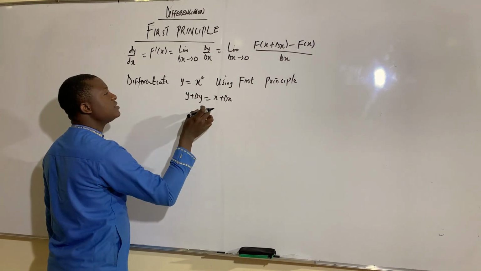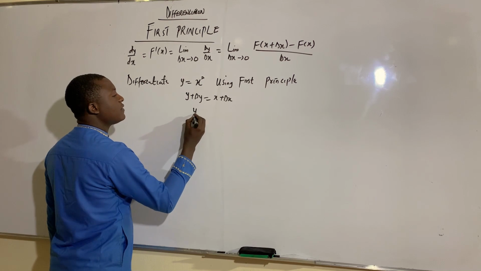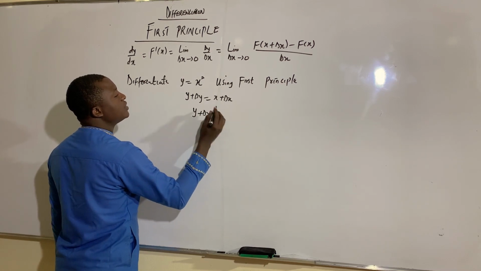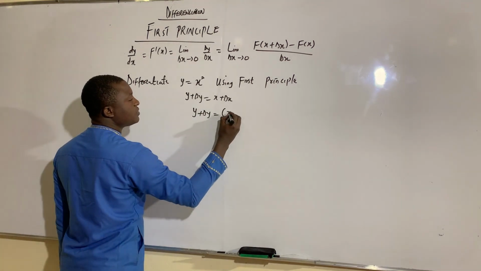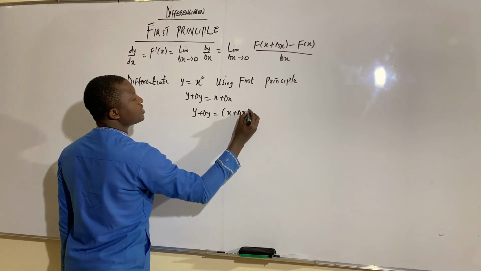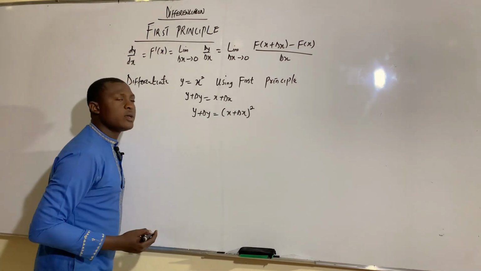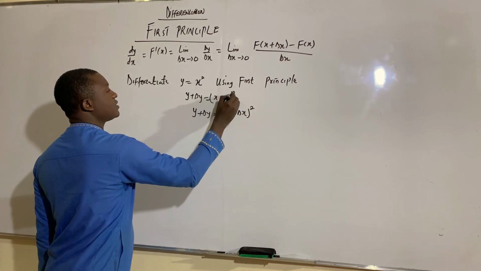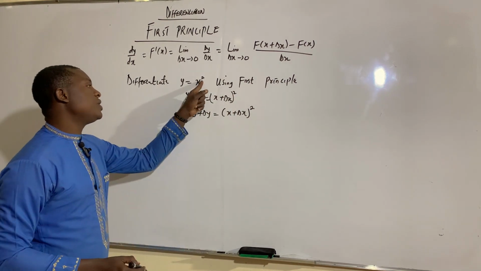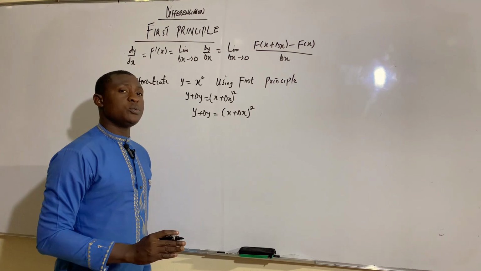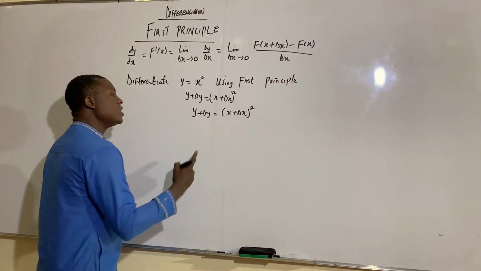So that means if I want to replace it here, of course, what I will have is y plus dy. Instead of writing x, we are going to replace our x with x plus change in x, all squared, because we have a square there. I hope you get it right. Even if you have a cube there, meaning you are going to have a cube here. Are you following? Yeah, good. So now,